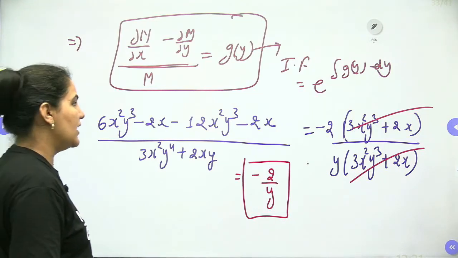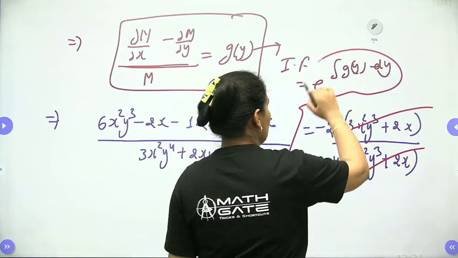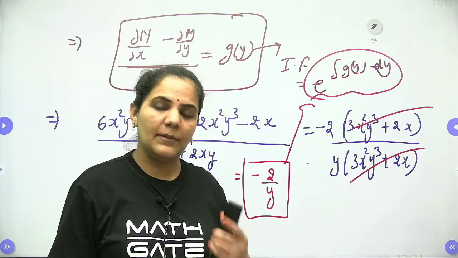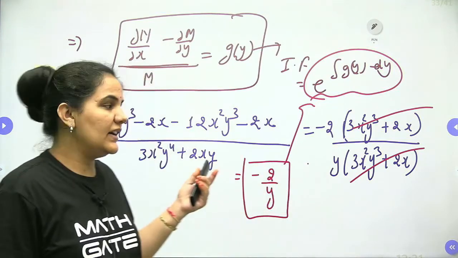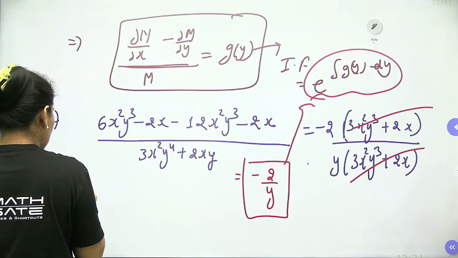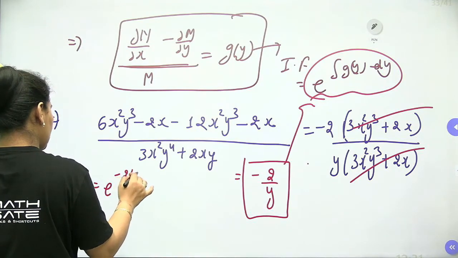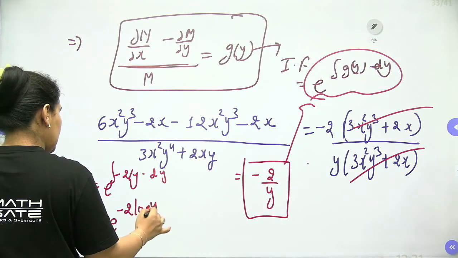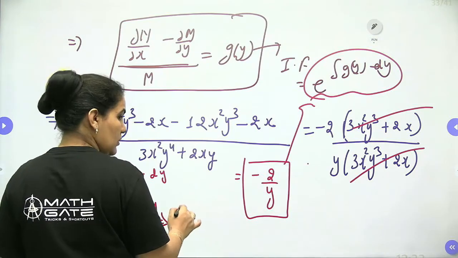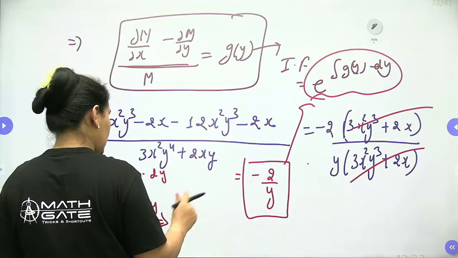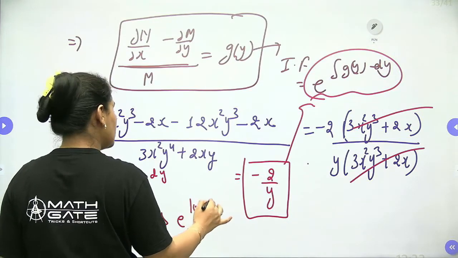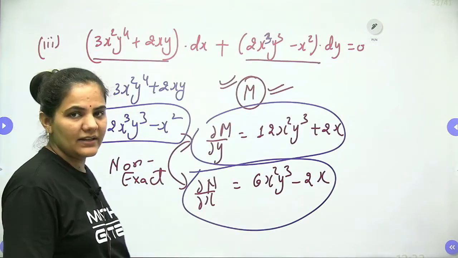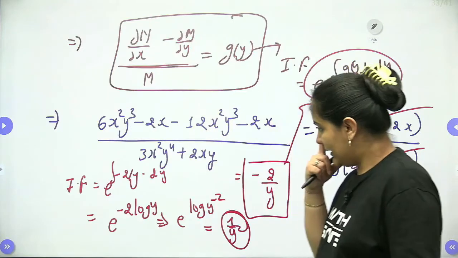So you can say it is nothing but a single function of y only. Whenever we have a single function of y, we know very well how to approach. We will approach directly with the help of the integrating factor. So the integrating factor will be e to the power ∫ minus 2 by y dy. Hence we will get minus 2 log y, so it is e to the power log y to the power minus 2. So it will be 1 by y². So again we have the integrating factor as 1 by y², dear students. Is it clear to everyone?